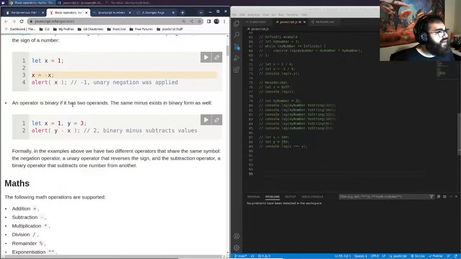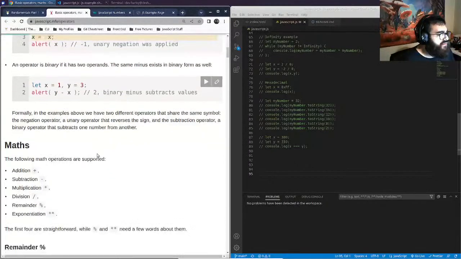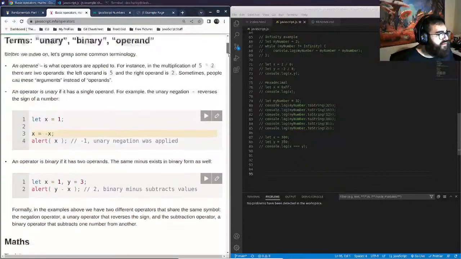An operator is binary if it has 2 operands. So let x equal 1, y equal 3, alert y minus x. So that's 2 operands. So unary, binary, and what was the other one? Unary, binary, and